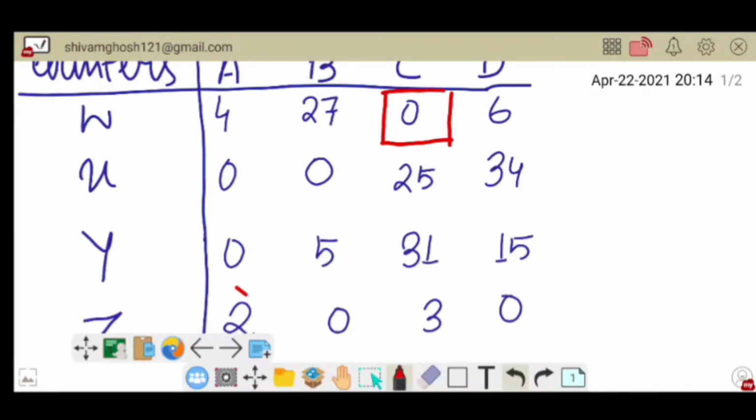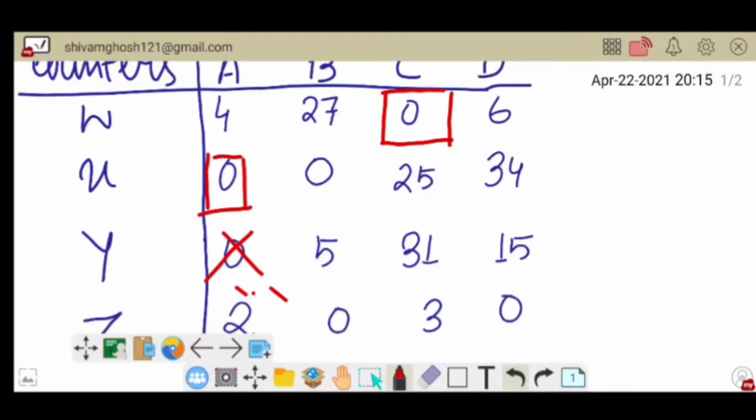If we select this 0, then we have to remove this 0. This is what is said in our step number 5. If we assign any 0, then we have to remove the corresponding 0. Here you can see, if we select this 0, then we have to remove this 0. Then in counter Y, there is no salesman ready to assign. So we have to select the 0 to assign, to recruit a proper salesman.